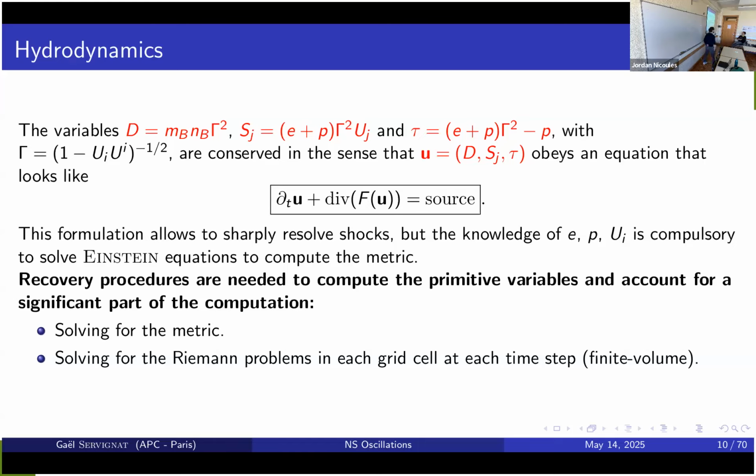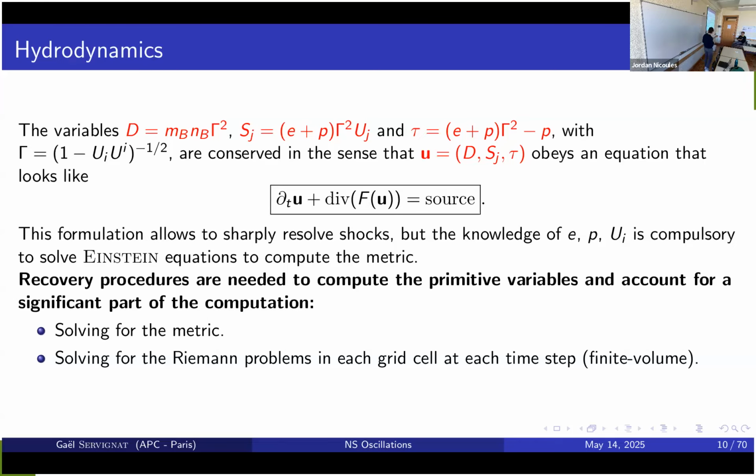But what's really neat is that these variables obey this simple equation, which is the partial derivative with respect to time plus the divergence of the flux, which is equal to some source. And with that, you have even more numerical representations communicating between hydrodynamics and